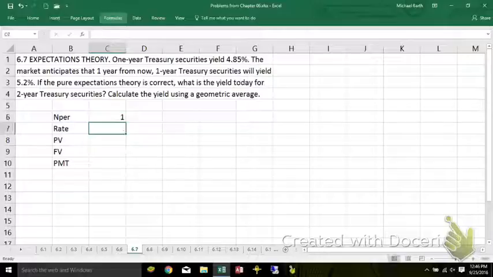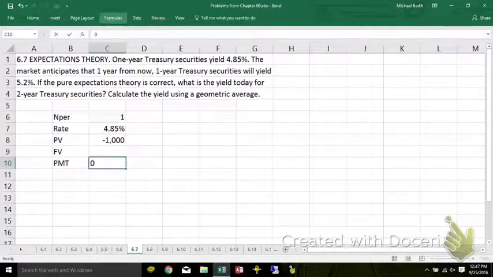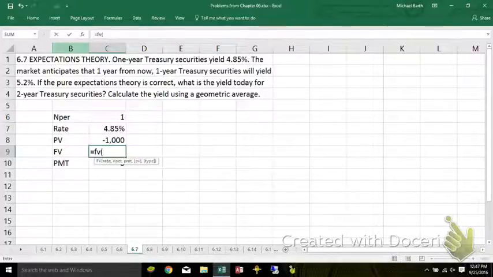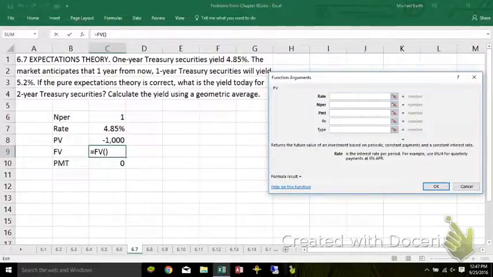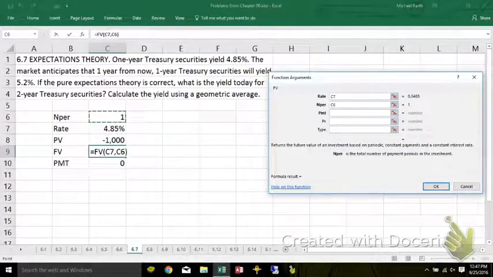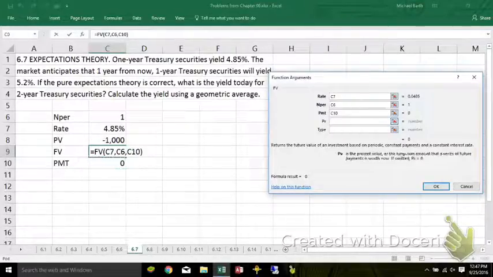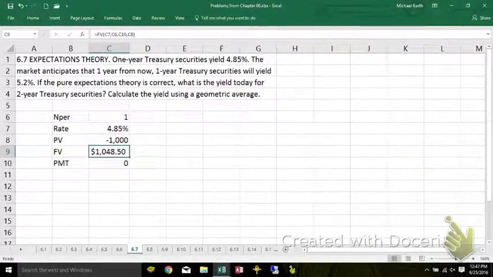So let's say that you lend for 1 year at 4.85% and you take $1,000 out of your pocket today, no other future payments. How much are you going to have a year from now? We could do that one in our head, but we'll go ahead through the motions here. That's a 1 year, the 4.85% is the rate, number of periods 1, payment 0, present value is 1,000, so we'd have 1,048.50 a year from now.